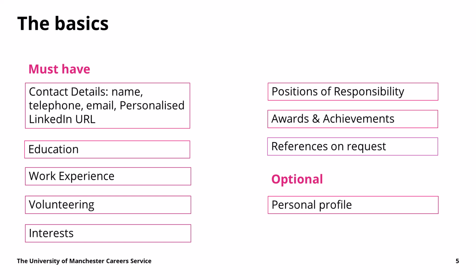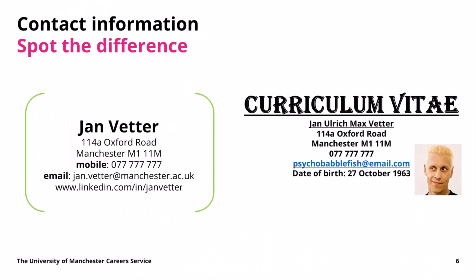You can, if you want, include a personal profile. This is a shortened version of a cover letter, really, that answers 3 quick questions: who you are, what you're good at, and what you want. But it's very much a stylistic thing. You do not have to include a personal profile if you don't want, but I'll talk about those in a little bit. So if we start with your contact details, we've got 2 examples here on the screen in front